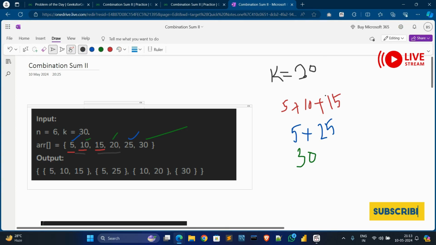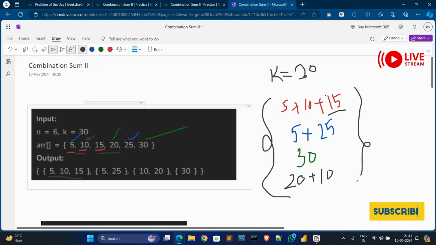This is our fourth combination. We have used all possible combinations, so we can get only 4 combinations from this array, and the output will show these 4 combinations.